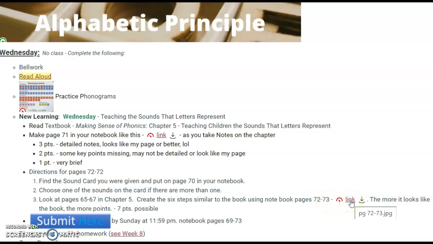Mine, you can click on this to see what my page looks like. It's pretty blank. But you're going to kind of copy what was on 65 to 67 in your textbook, but with your sound card. Okay, and the more it looks like the book on pages 65 to 67 from chapter 5, the more points. When you're all done, submit pages 69 to 73, stuff we did in class, and then stuff on this